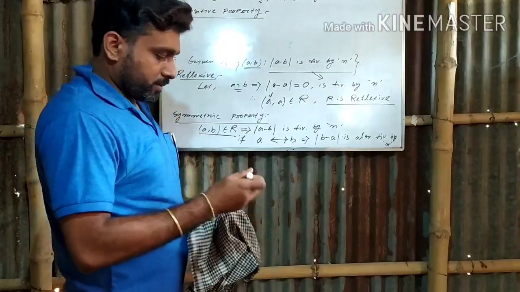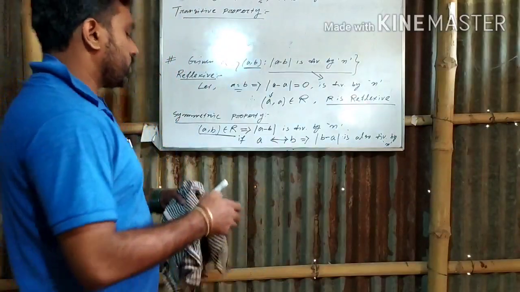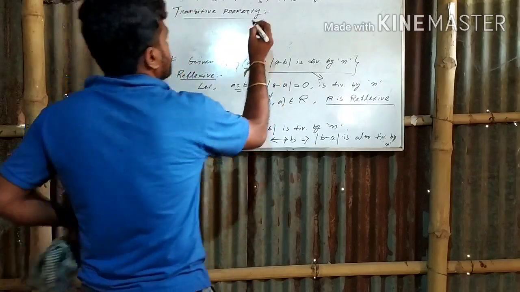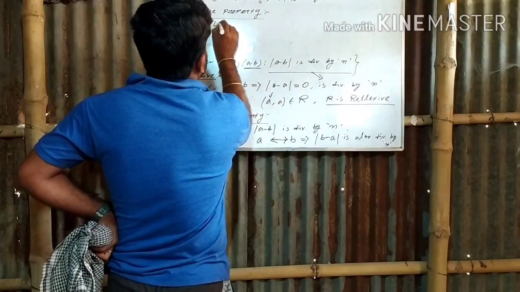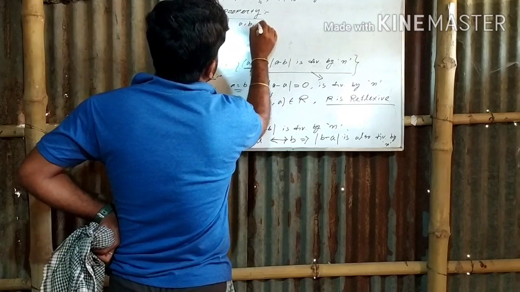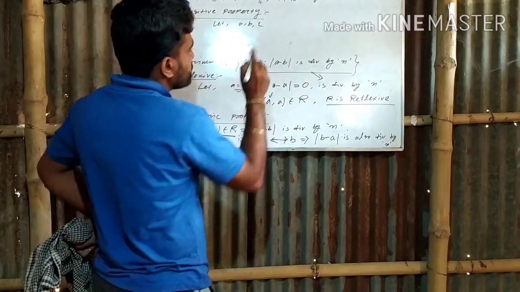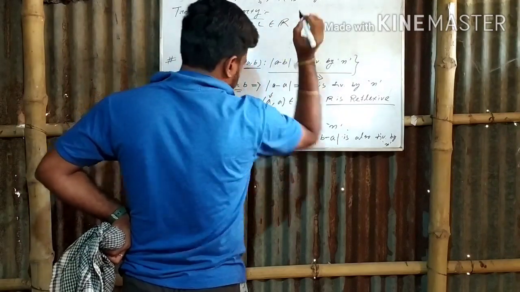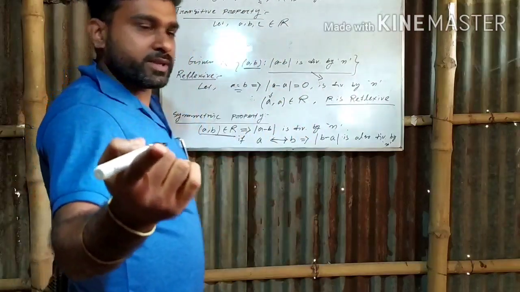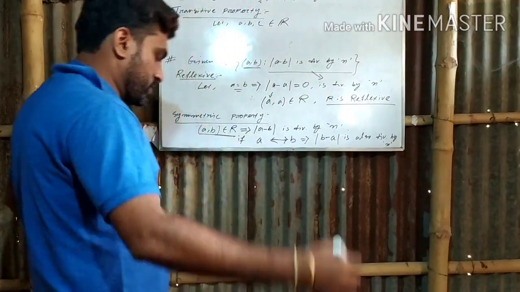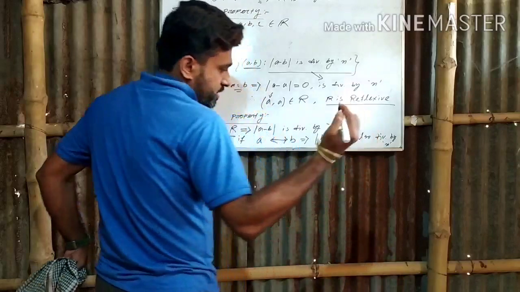After that our target is to construct a relation between A and C. So for the transitive relation, just see step by step. Let A comma B comma C, we have chosen 3 elements from the real numbers. Obviously the real number set, since the set is not given in the question, that means you have to choose the real number set. That means all the numbers belong to the real number set.